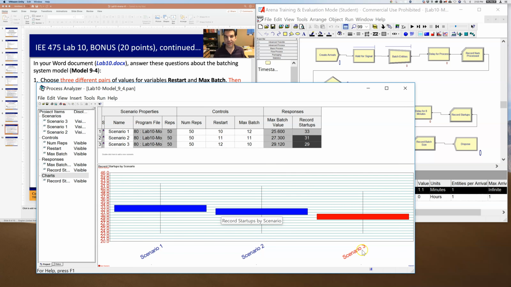2, and 3 actually have a small enough variance, so a small enough confidence interval, that it is possible to say that the population of scenario 3 is better than the populations of scenario 1 and 2. And I can say that in a statistically significant, in a rigorous way. So I can't say anything about how 1 compares to 2, although it looks like 1 is probably different than